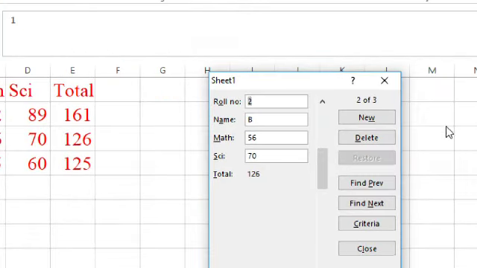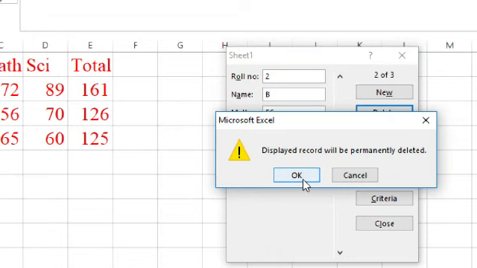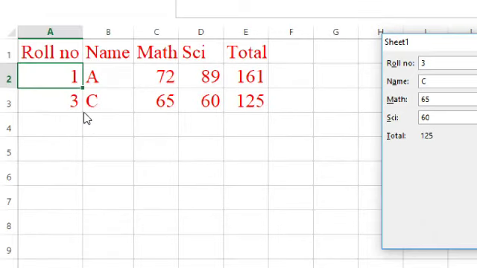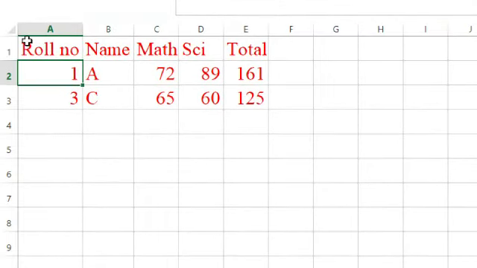Clear everyone? Now if you want to delete anything, click on the Delete button, and it will permanently delete it from your sheet. Okay, you want to search next, you can search next, you can search previous also. Clear everyone? This way we have to use the form for filling our records, not by filling directly in the Excel sheet but using the form.